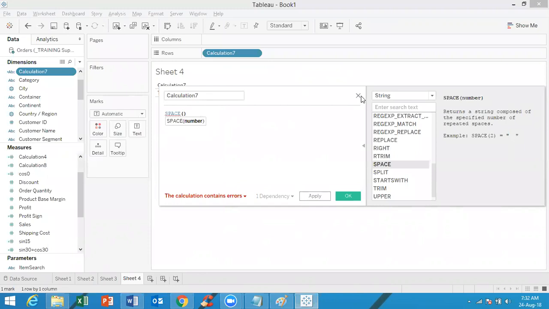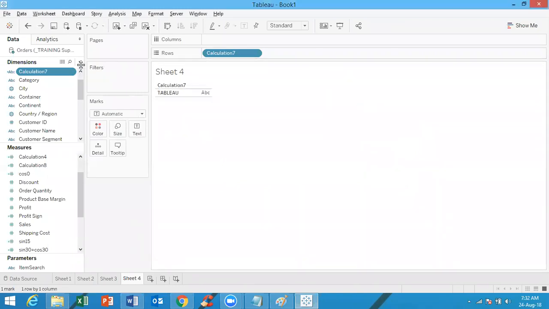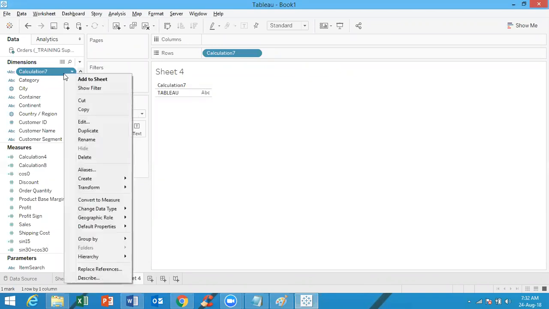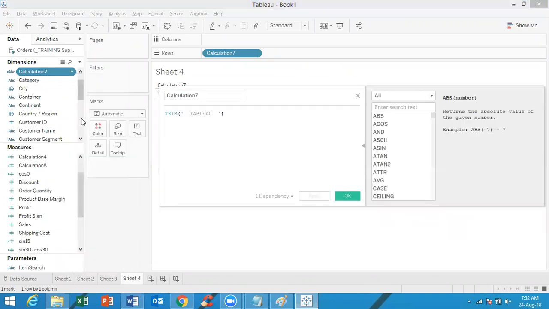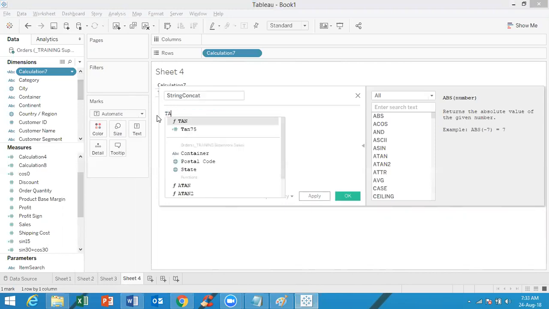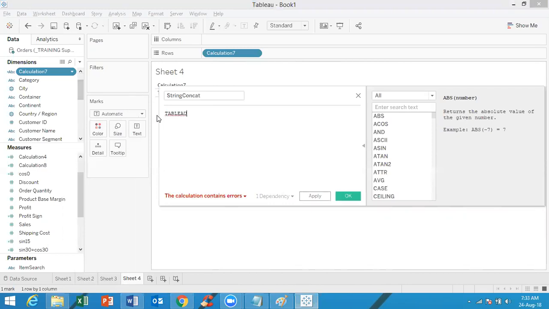We'll create a calculated field first and name this string concat. Here we have Tableau as the first string. We have to enclose it in quotes. This is the first string, plus